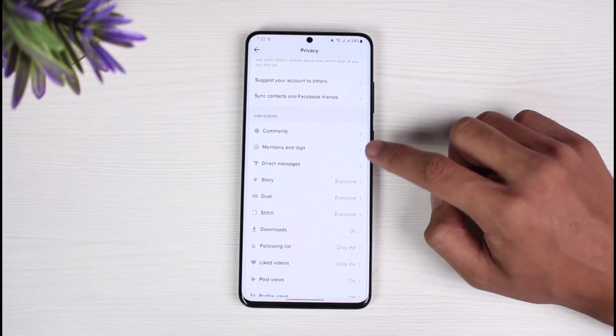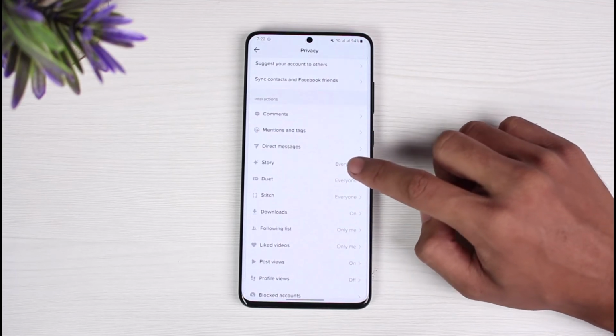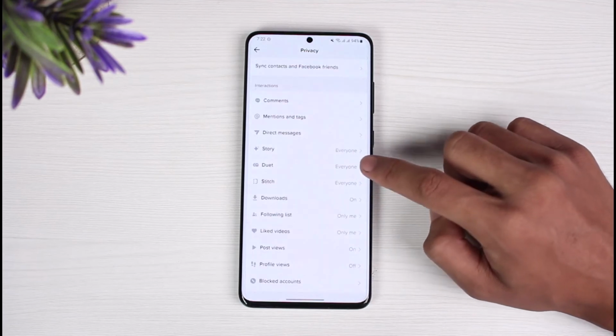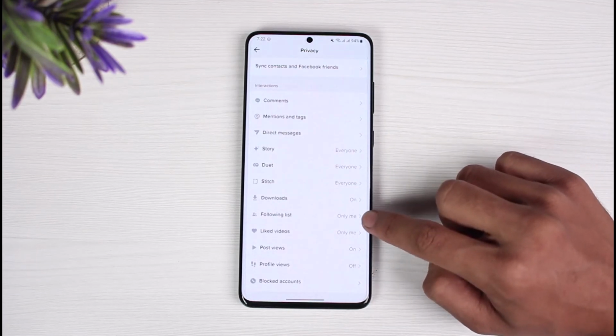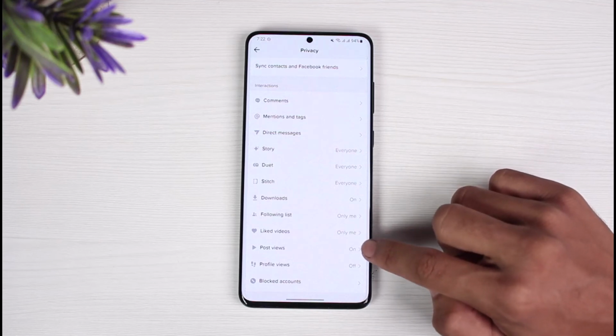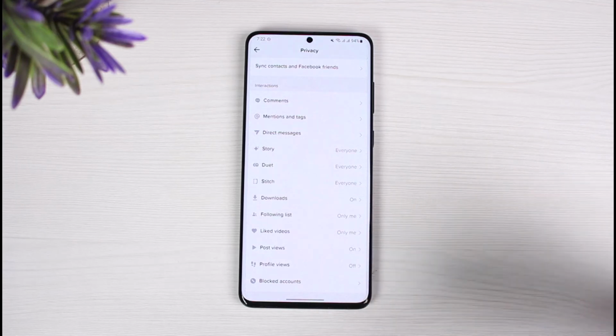You could go to mentions and tags, you could go to direct messages, you could select who could see your story, who can duet your videos, who can stitch your videos, who can download your videos, who can see your following list, your liked videos, your post views, your profile views, your blocked accounts, and so on. This simply needs to be done by you reviewing them manually, and this is how you can fix your